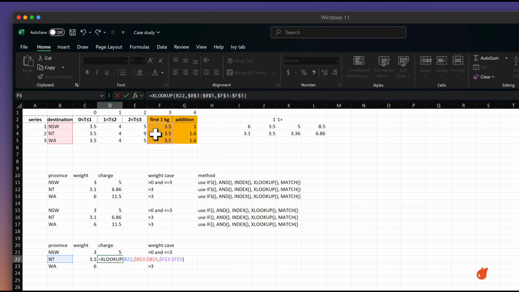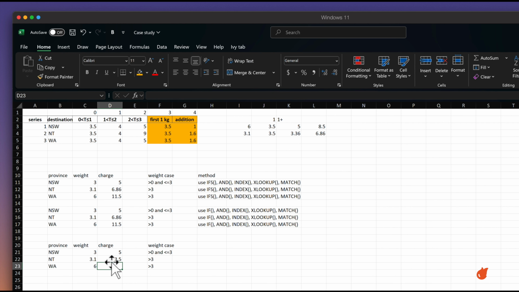So what I'm saying is whenever you provide a province, I will provide you the first kilogram charge. And this is under a condition where your freight is greater than 3, okay? We hit enter. So it's already fine, 3.5. Let's change NT to 4.5. Okay, so at least this is working. And then we